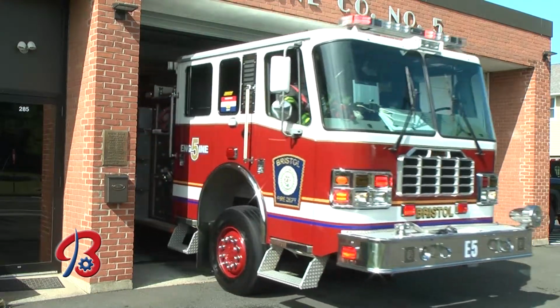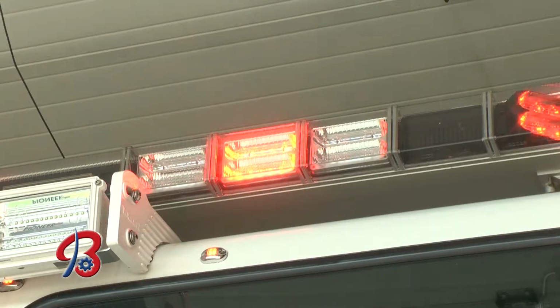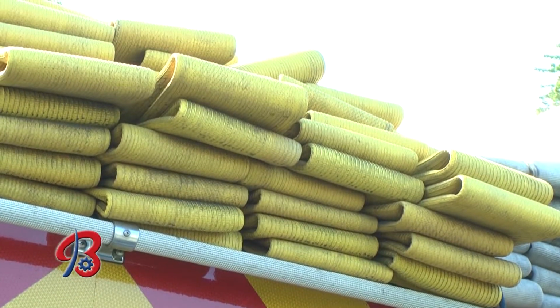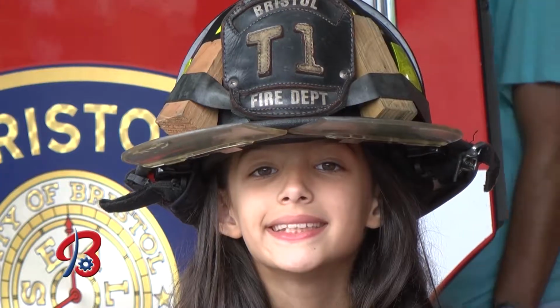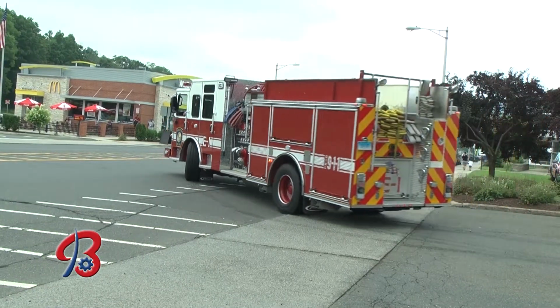From the past to the future, Bristol firefighters answered the call last year almost 2,400 times and fought 256 fires. The best way to battle a fire is to prevent it. Each October, fire crews routinely make the rounds to our schools, giving tours and tips on how to prevent fires. This year it's even better because Bristol has received a federal grant to give and install smoke and CO2 alarms